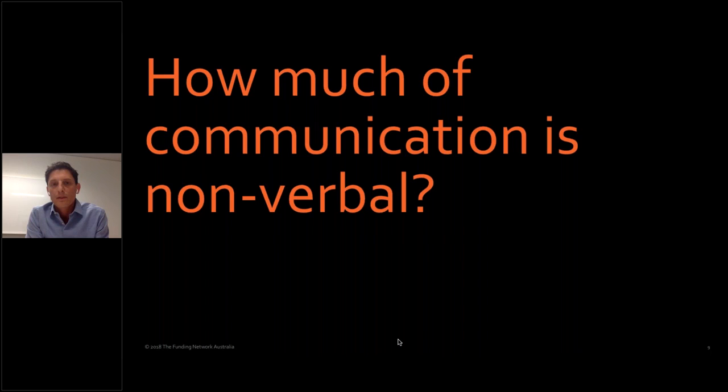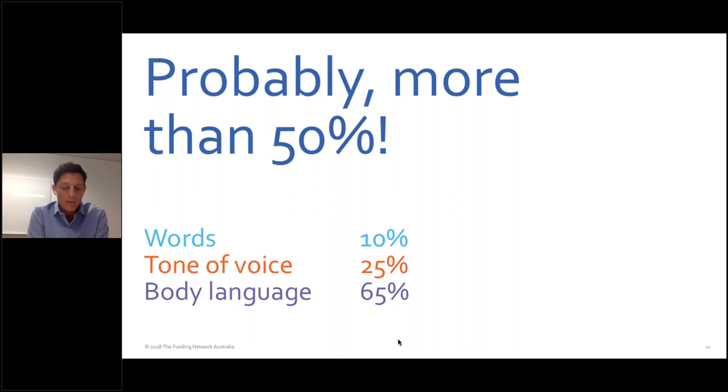Another question that often gets asked in this section around the theory of neuroscience of persuasion is how much of communication is nonverbal. And again, you've probably heard this before. Several studies have been done since the 1970s, and I have to say some of these come with a little bit of a caveat because any piece of research is obviously done in a bubble. But most people reckon that whether you believe in Albert Mehrabian's research or not, that probably more than 50% of your ability to influence other people is body language and nonverbal.